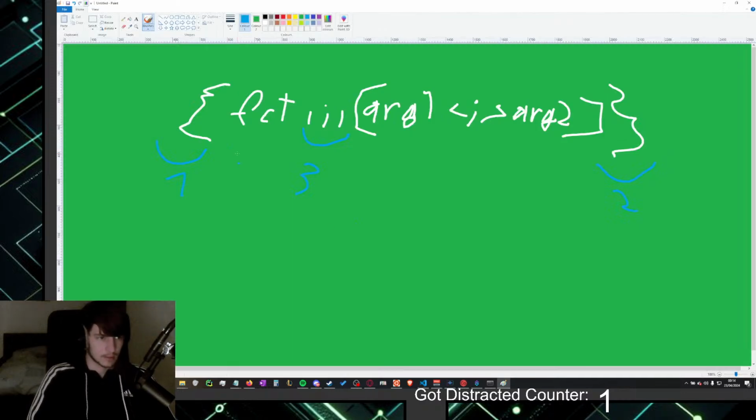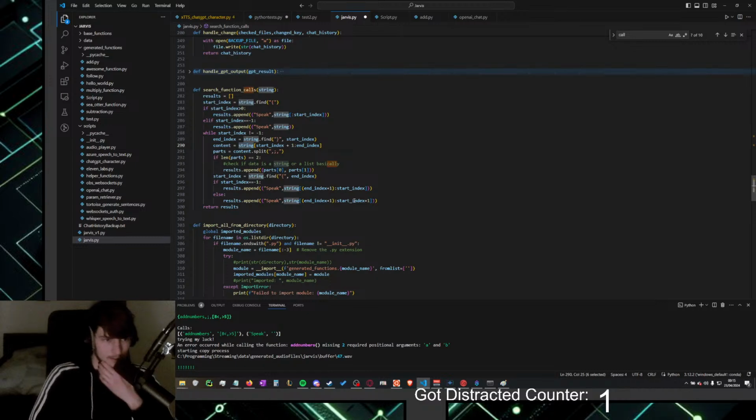Yeah, and then it just takes that and says this goes in here, this goes in here, and then it knows that's the function, that's the arguments and everything. So that's what it does currently.